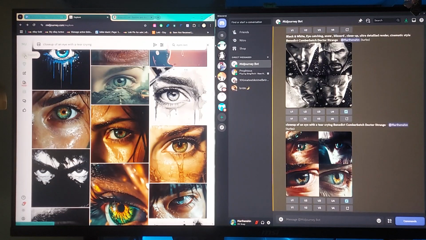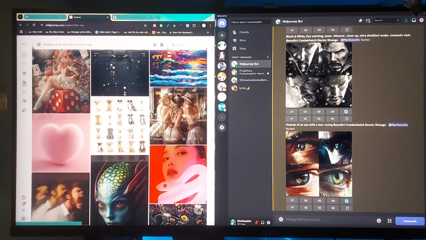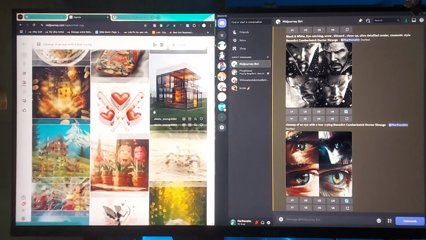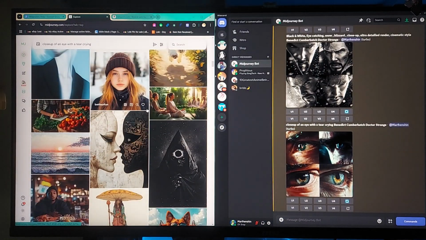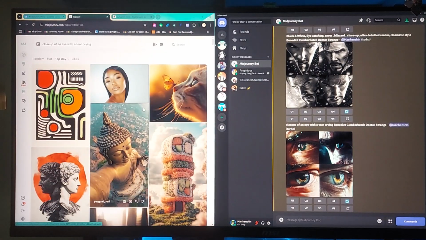So you go to Explore, and it shows you a bunch of stuff that people have already created, because Midjourney is public. I think if you pay for the higher tier, it's private. But, so, this is the public gallery, and then over in your,